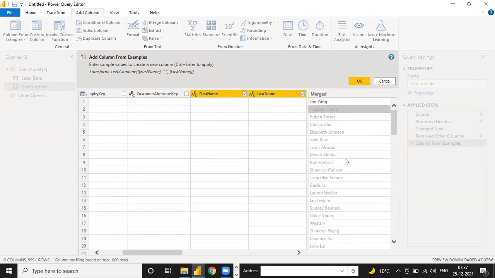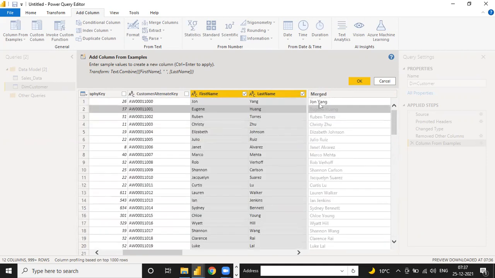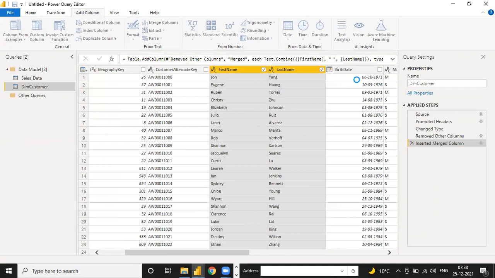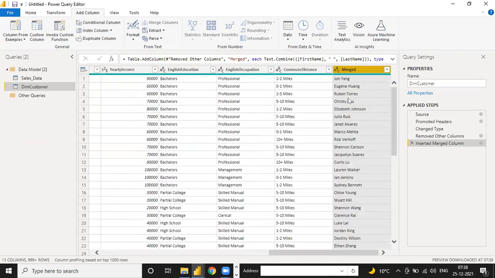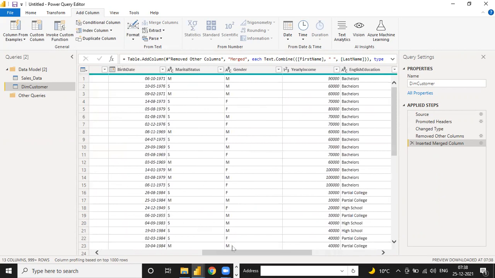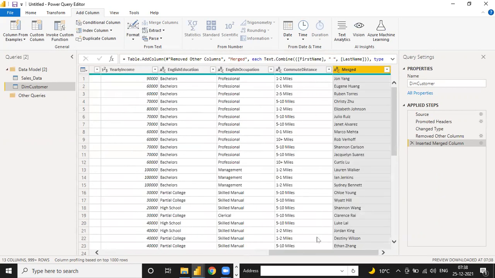Edwin Nera. You can just write only the first name, and sometimes it does not work with only the first name. So you can write the second, third, and after the third, you can see all of the basic highlighting and merge. And just click OK. When you click OK, see, automatically your merged column will be ready for your data. First name and last name. Okay, and now you can name it Full Name.